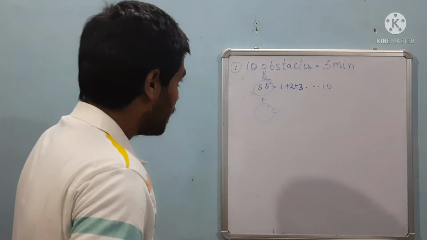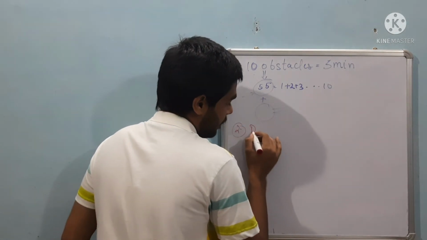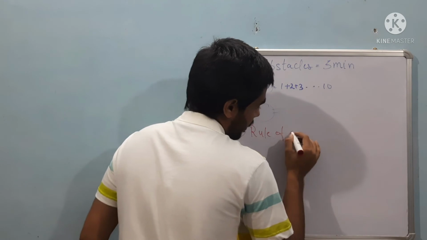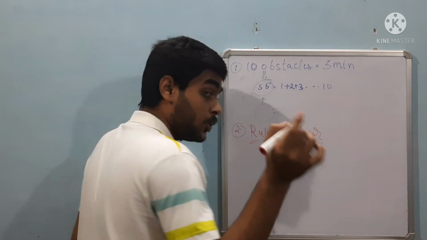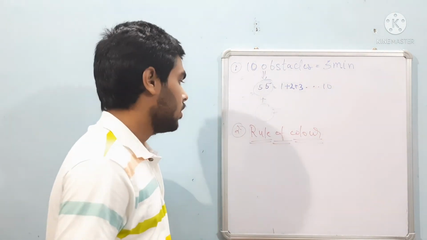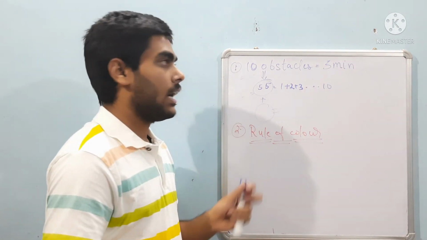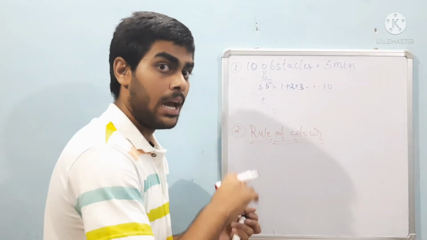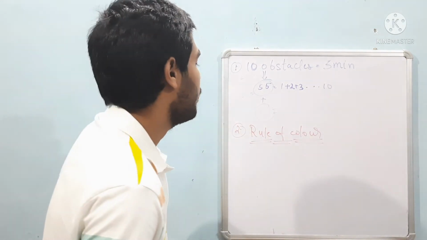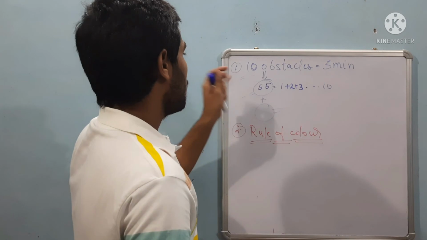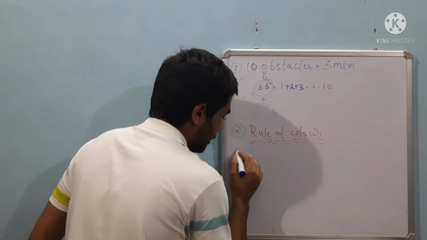Now the second rule is that the rule of color is applicable here. That is, if a structure is painted red, then you cannot touch it, even by mistake. So the rule of color is there. 10 obstacles, 3 minutes are there. I have told you the individual obstacles of the Air Force Selection Board, and in the next video I will tell you those of the Army and the Navy, because the Army and the Navy have the same kind of individual obstacles. So this is done.